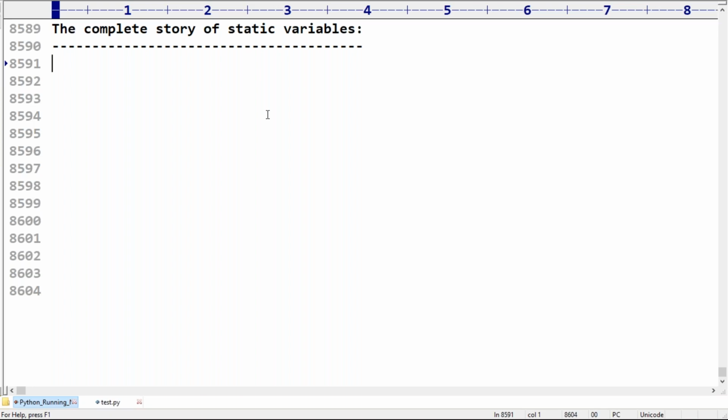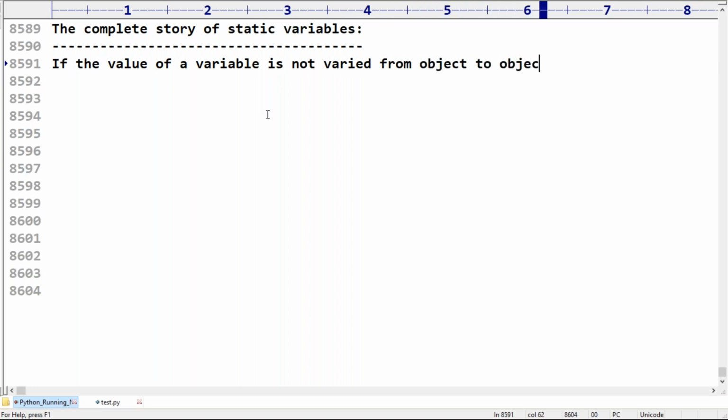If the value of a variable does not vary from object to object, it is never recommended to declare such a variable as an instance variable.